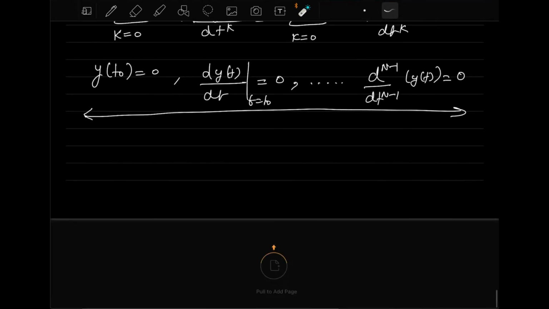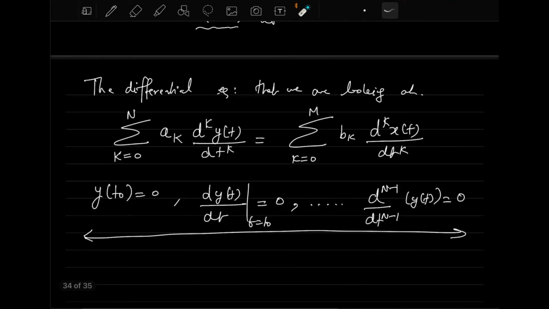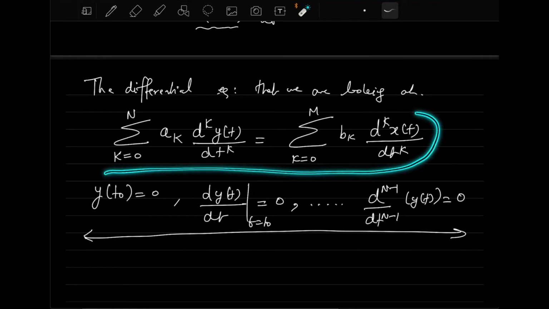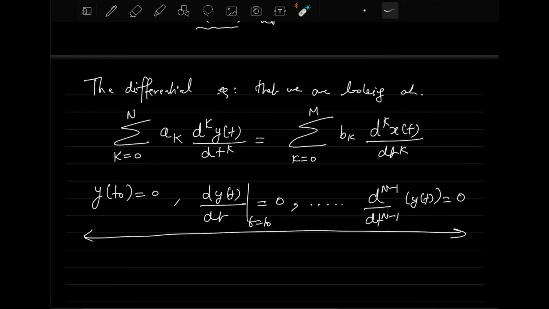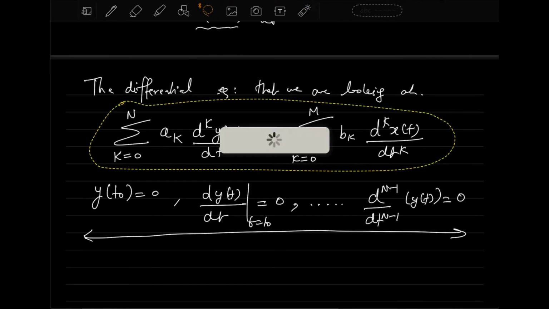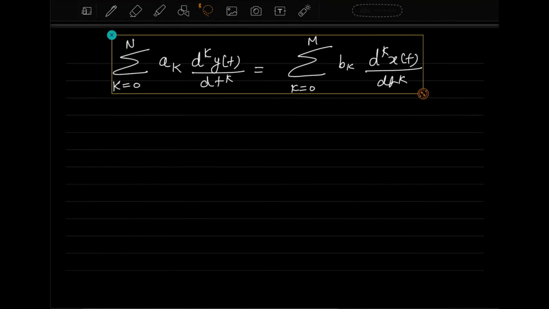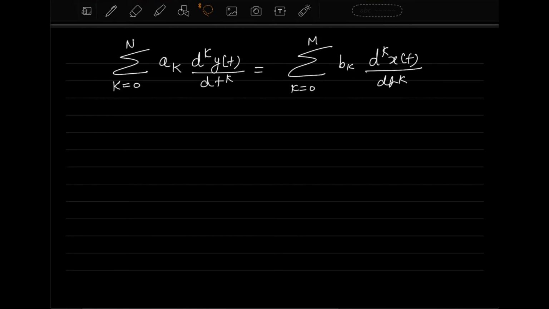Okay. So if there are no questions, now what we will do is we will see how to solve these differential equations, like what are the solutions of this particular differential equation. So let me copy this here. So this differential equation, we are trying to solve it. In order to solve this equation, we will consider two separate components of the output signal, that is y(t).